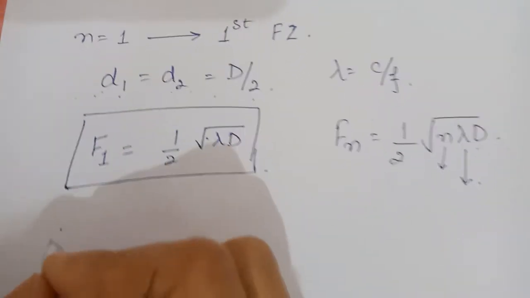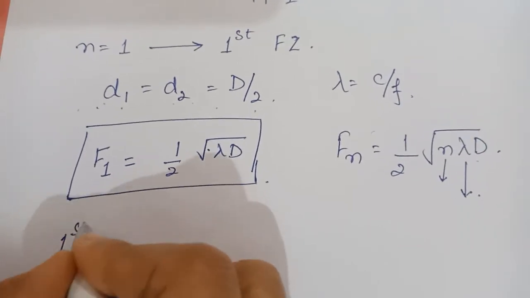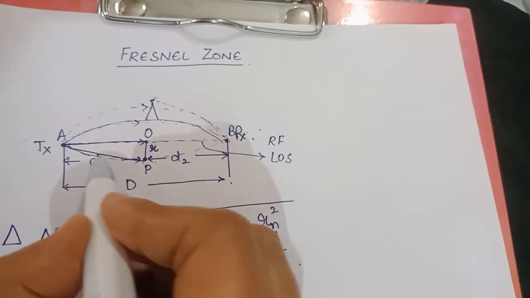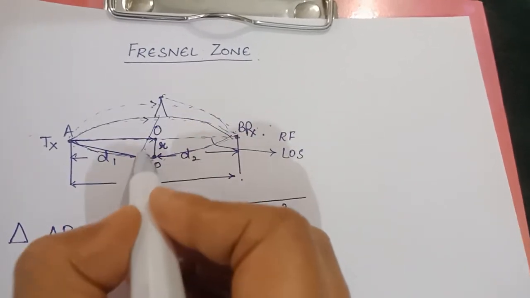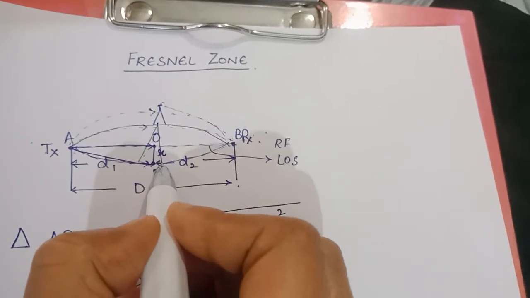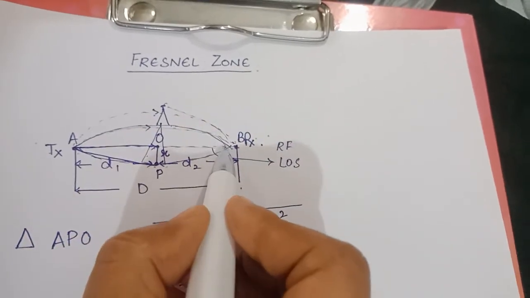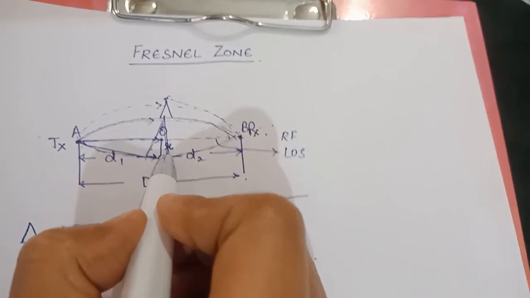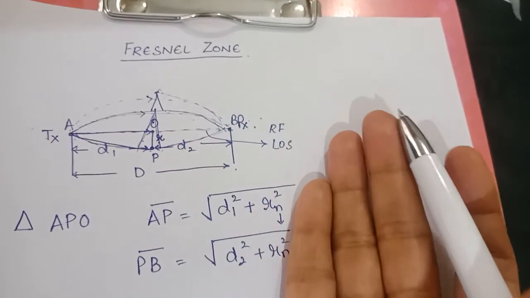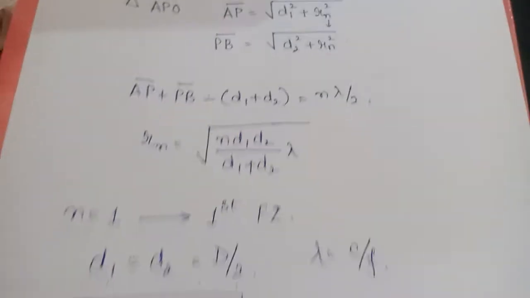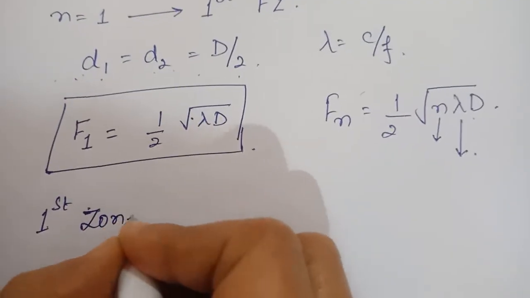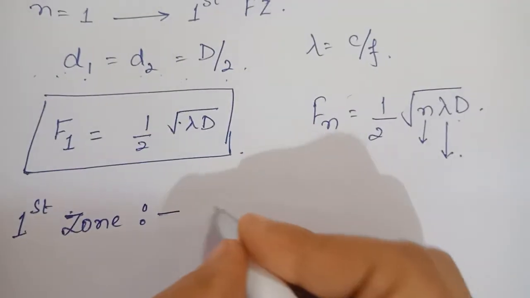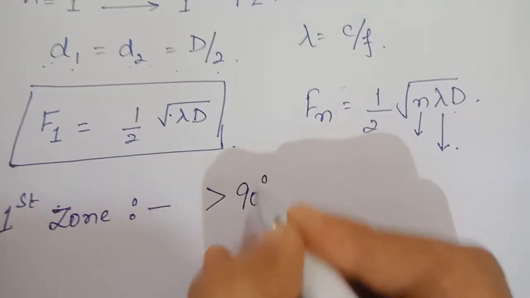Now when your signal is transmitted in your first Fresnel zone, let us suppose this is your first Fresnel zone. If your signal is transmitted in this zone, it might encounter some obstacle or it might not. It can follow this path without any obstacle, or it can encounter an obstacle, depending upon whether an obstacle is present. An obstacle can be your trees, buildings, hills or mountains. So in the first Fresnel zone, when it encounters an obstacle, the signal will be phase shifted by less than 90 degrees.